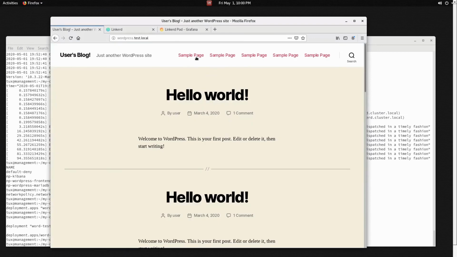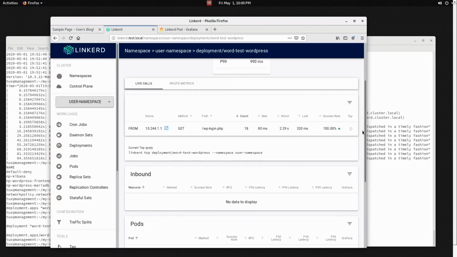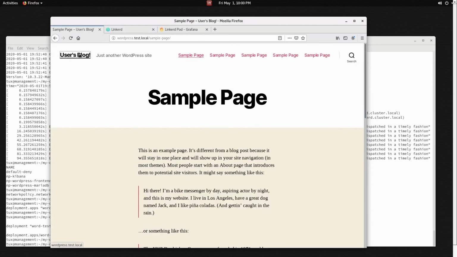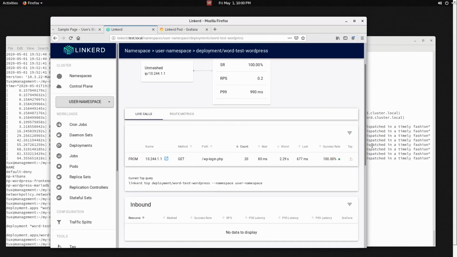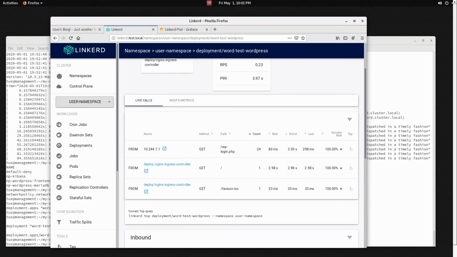For example, if I'm browsing a little bit the application, we'll see that the other accesses will show. And as you can see, the thing that I've just done is showing that this is starting to be maybe